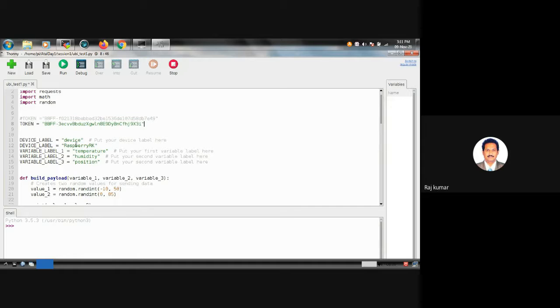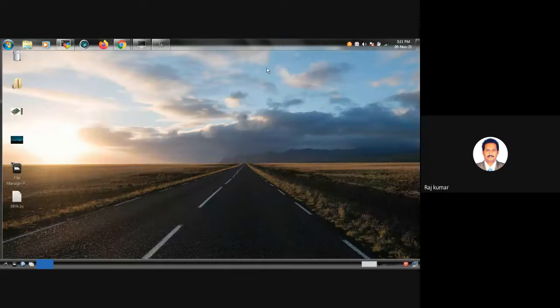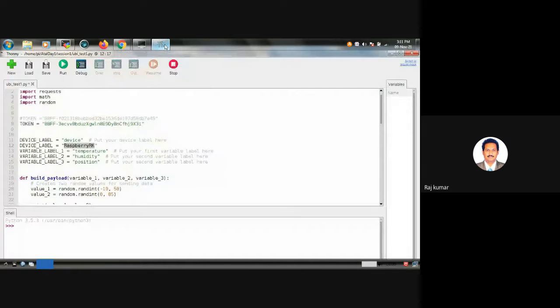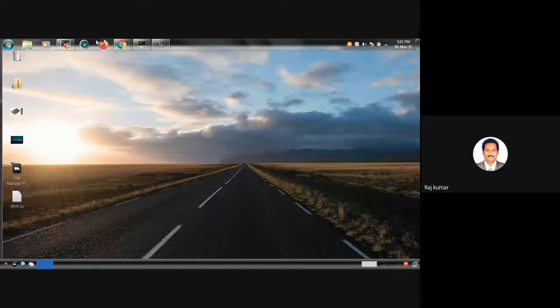So here the device name is labeled as Raspberry RK. Now I have to register this Raspberry RK into the Python program, and add it to the cloud.